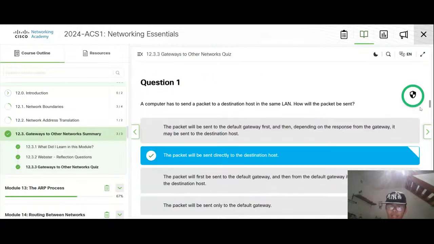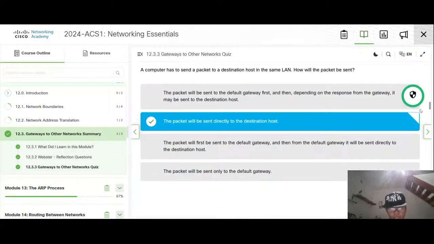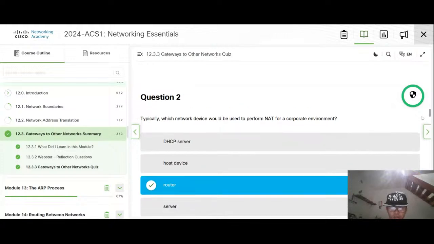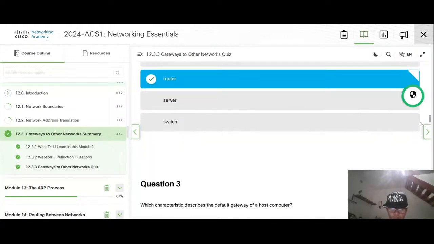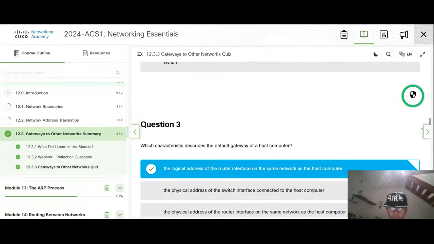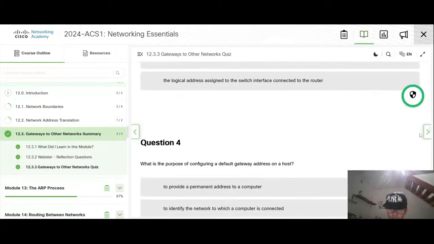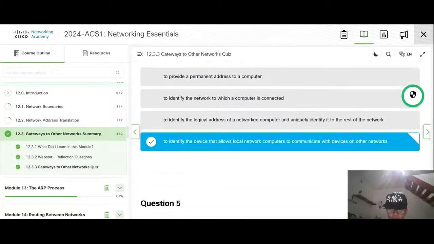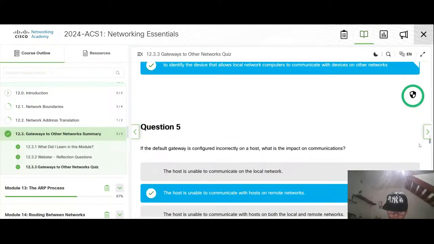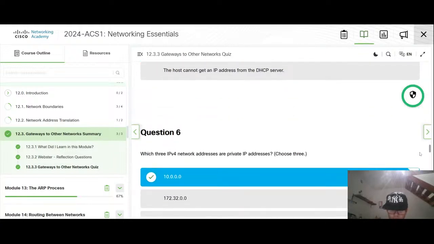The same LAN, okay, we send directly to the destination host. NAT, from NAT is router. The logical address and the router interface with the host computer. It should communicate with other devices in the other network, so you cannot communicate with hosts on remote networks.